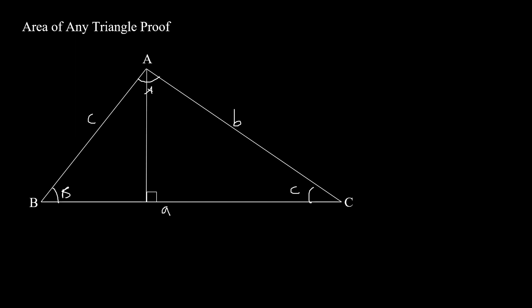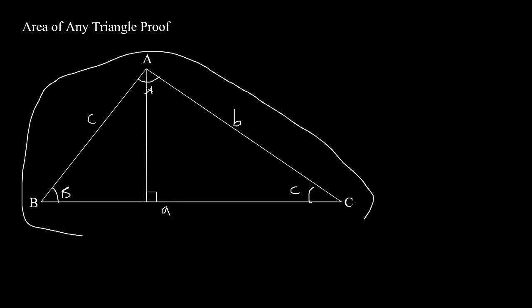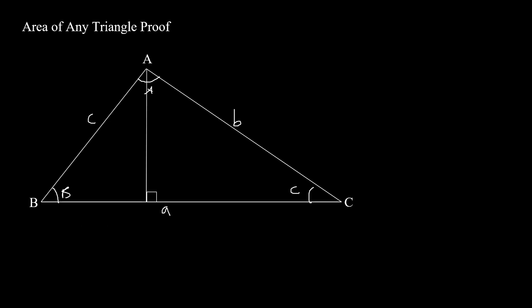If we wanted to find the area of this giant triangle, we know that it is equal to 1/2 base times height. And we proved it last time because we knew that the area of the triangle is